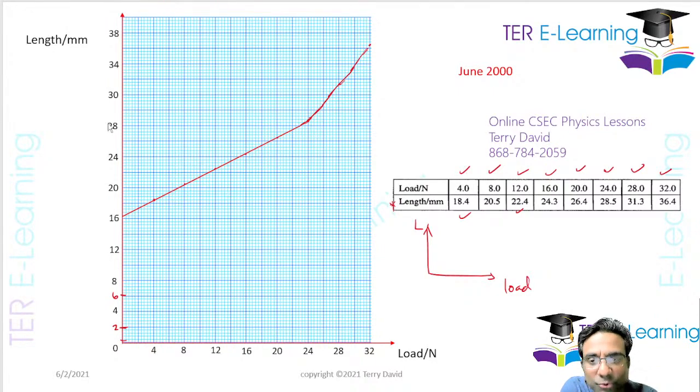So what I'm going to do, like in the previous question, I'm going to choose 2 points that are not the points that we plotted, right? So I'm just going to choose 2 points. Let's say I'm going to choose this point here, which is going to be 6. That point is going to be 6, and that value there is going to be 15.4, 15.8,